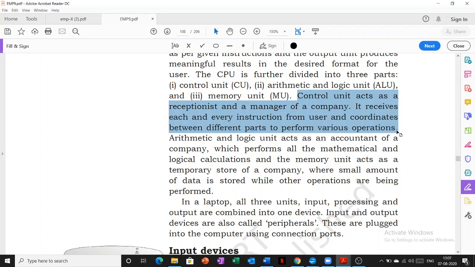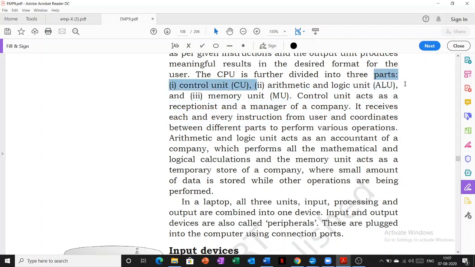There should be a manager who looks at what command should be operated first and what command should be operated next. So there is a unit known as the control unit that will control and manage our computer, our commands. Next is the arithmetic and logical unit.